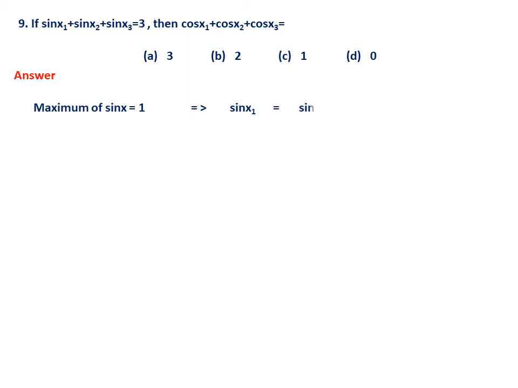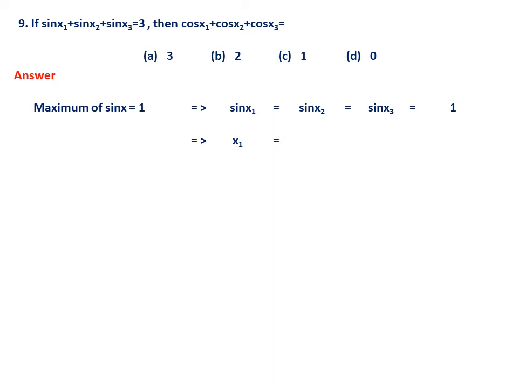Sin x1 equal to sin x2 equal to sin x3, and this should be equal to 1. This is the only possibility because the right side 3 is given. And the same thing, suppose minus 3 is given, it will be minus 1. So that is the idea. So this question you can tackle only when you know that the maximum value of sin x is 1 and the sum of 3 sines, sin x1, sin x2, sin x3, being 3 means each one must be 1 only. So this is the idea. Now there is no difficulty.